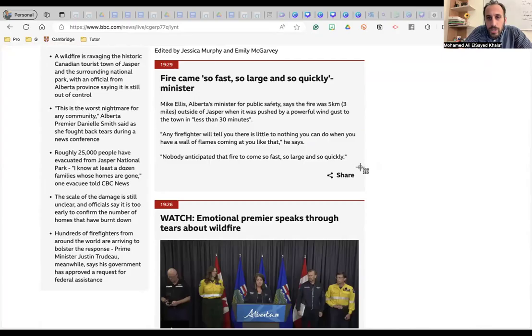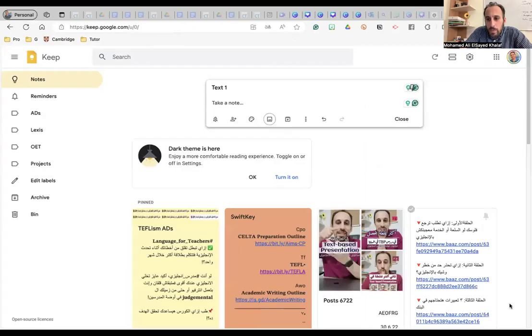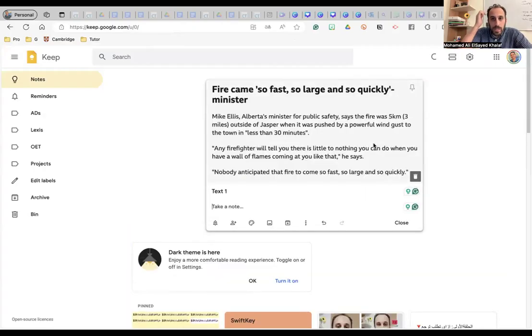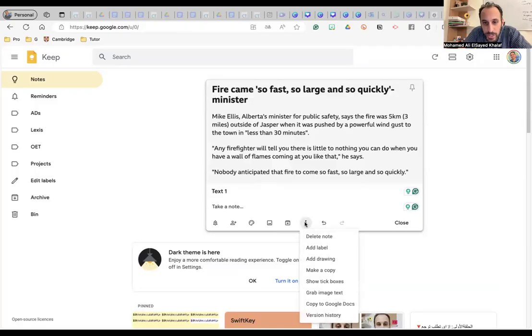This image. Okay, and I go back to Google Keep, upload it in Google Keep. Now, Google Keep has this image. Can you see? It's a picture, right? Remember, I took a screenshot. I click here on the 3 dots,